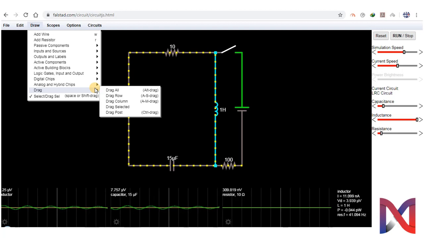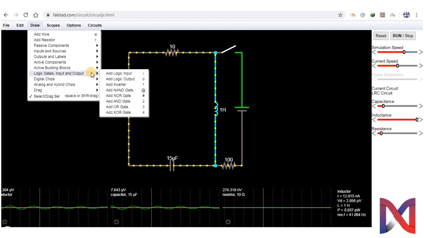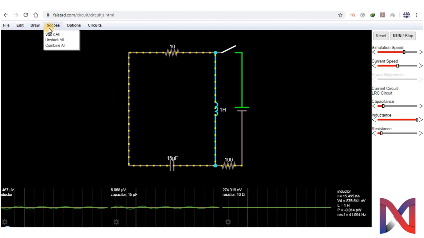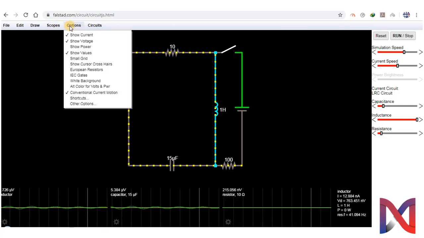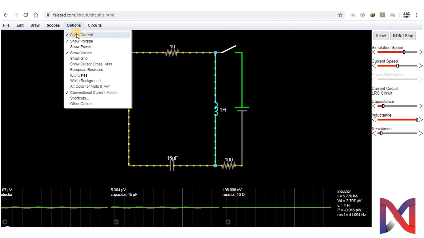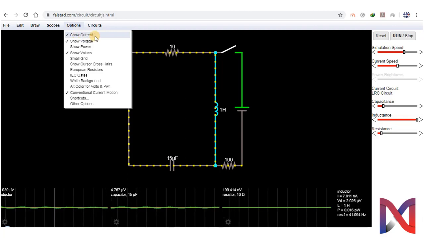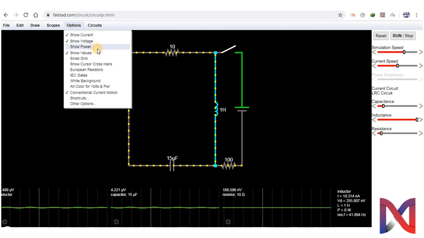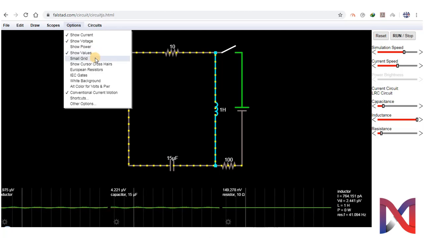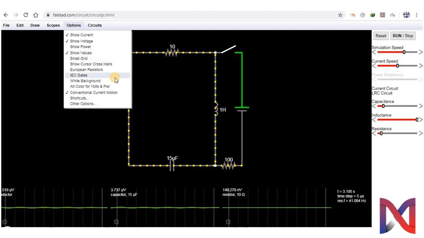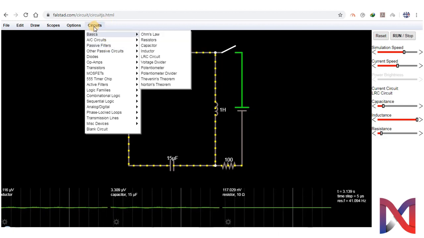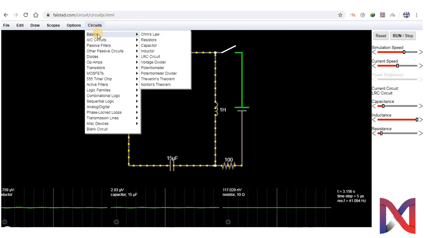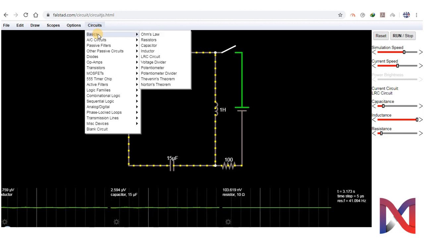You need to, as I already mentioned, drag and drop any of the circuits. There are different types of scope available. In options, you can select showing current, voltage, power, values, small grid. Here in circuits, this is basically the library of the software, where you can start with